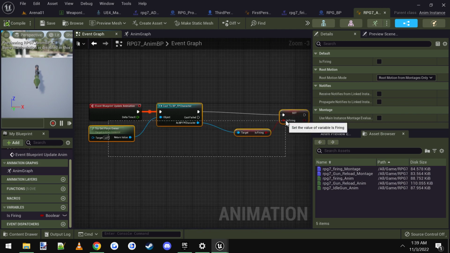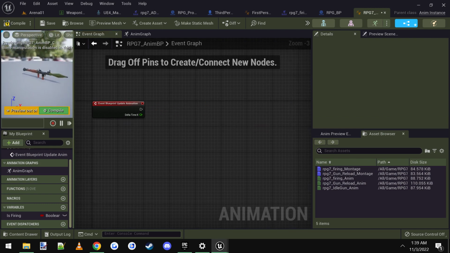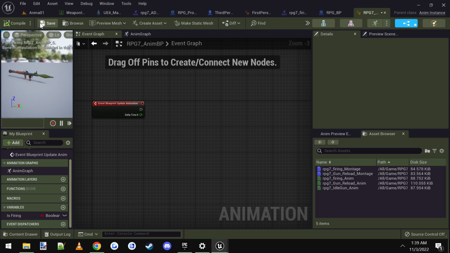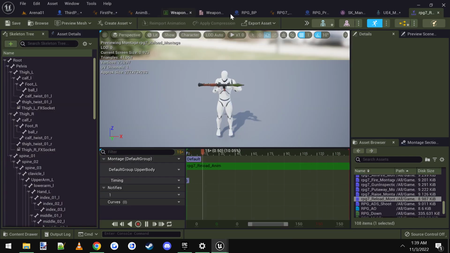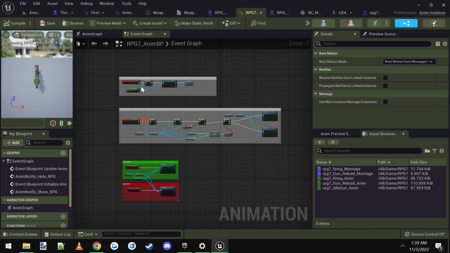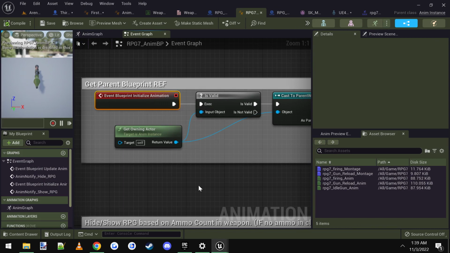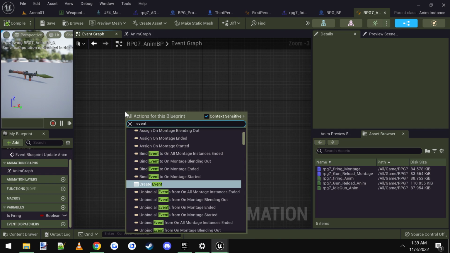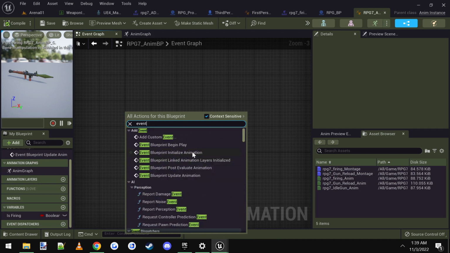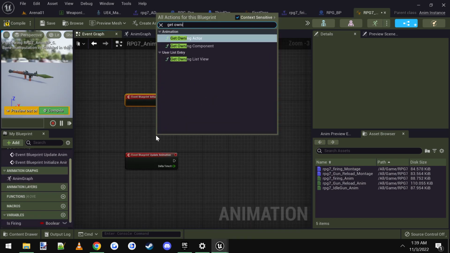So, let's see, we don't need that. All we need is this, it's just the rocket launcher's animation blueprint. But we're going to do some tweaking in here. So what we want is, there's an event called Blueprint Initialize Animation. So we're going to get that event, scroll to the top, initialize animation, and we're just going to get the owning actor,